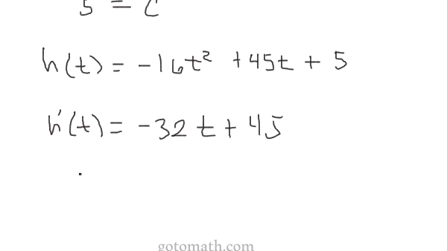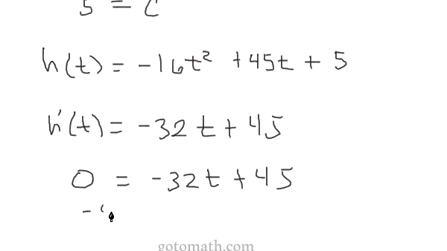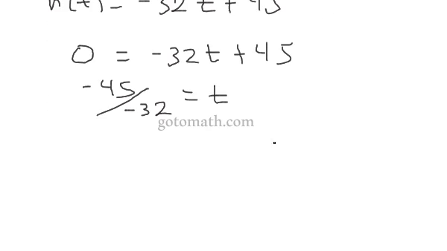Taking the derivative, setting it equal to 0, and solving for t, we'd have negative 45 over negative 32, and that's going to be equal to your t. That should be equal to the number that we saw on the graph at the maximum height, which is approximately 1.41